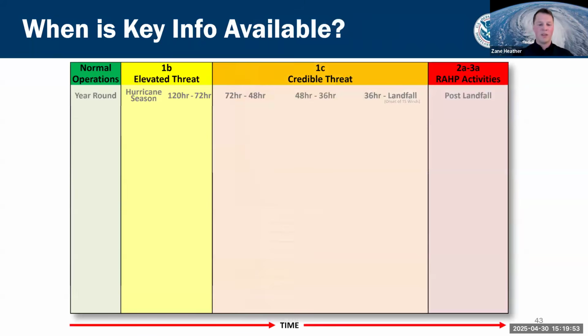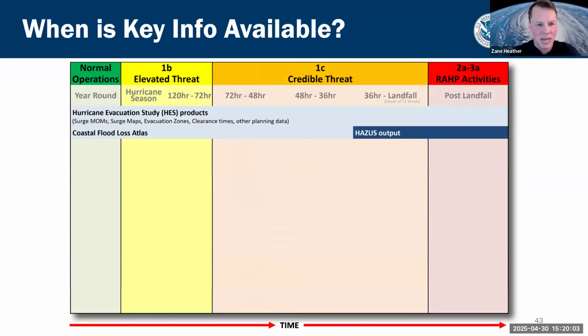So you've seen this graph before, and this is just a good reiteration of when key information is available that you can use to make informed decisions using hurricane evacuation studies or the plans that they inform. You've got the HES, which is your year-round foundational data that helps inform the planning efforts, both for planning and operations of your jurisdiction. You also have several other data sets and information layers tied to the HES process that should be identified during the HES process. Those are things like your storm surge risk products and risk maps, your MOMs and MEOWs, which you know well, as well as other hazard information and hazard risk products. Again, these are available year-round and should be continually updated and consulted.